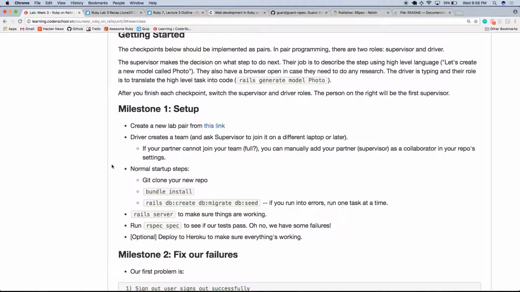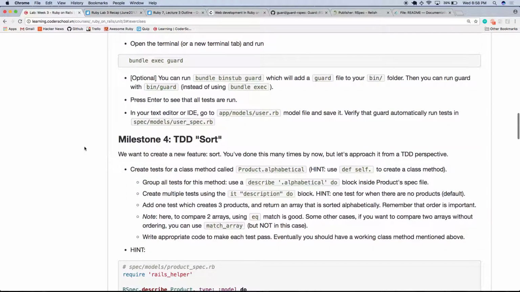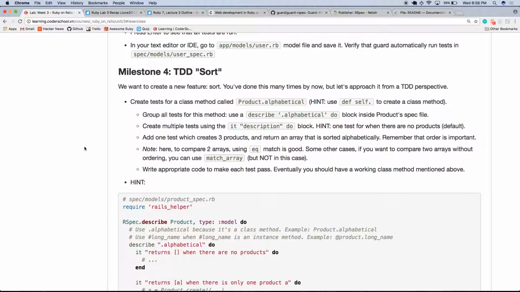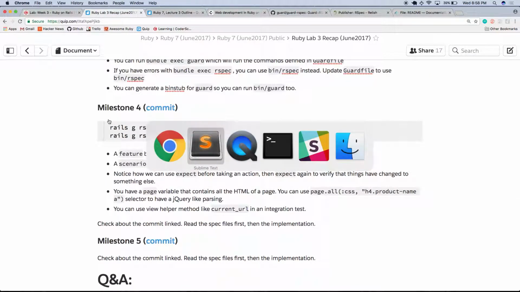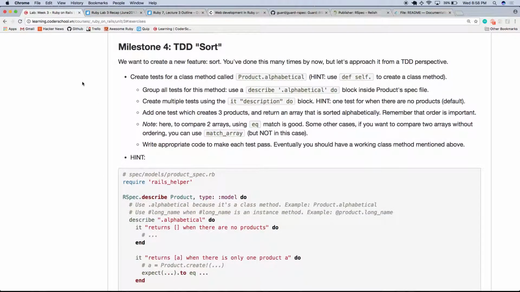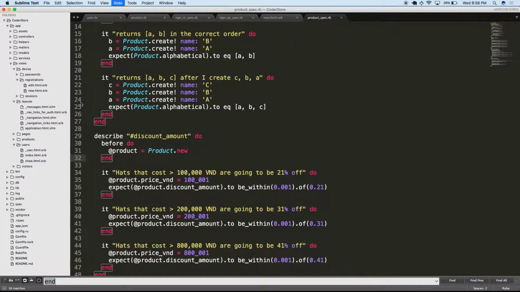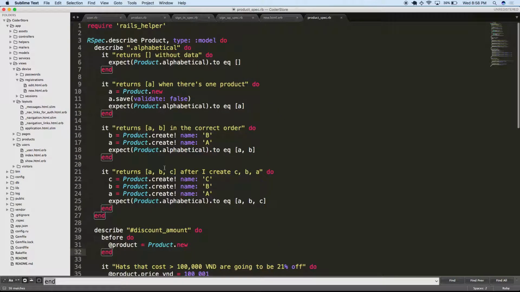Great. So milestone 4 was starting to actually write some tests using test-driven development. And last time we did events.upcoming, and this time we're going to do product.alphabetical. And so hopefully you guys started to write some tests first. If we look at it, we wrote tests for our product, and we'll pull up the product spec. Alphabetical test, and we want to do similar things as last time, where we test with an empty data set and make sure it returns to us an empty data set. We would test on just a single product and make sure that it actually returns to us that singleton item,